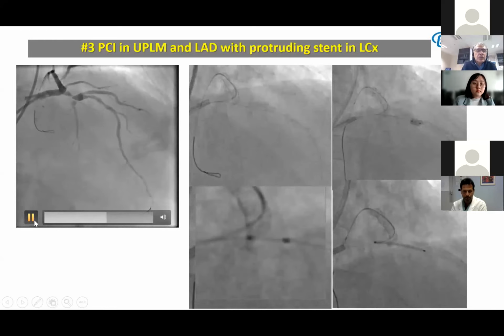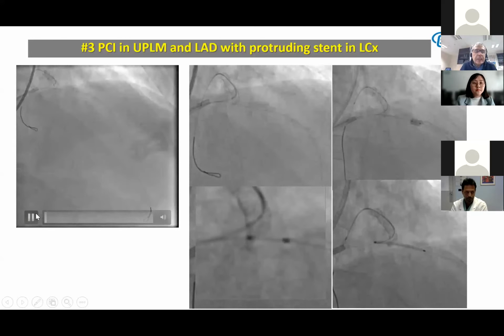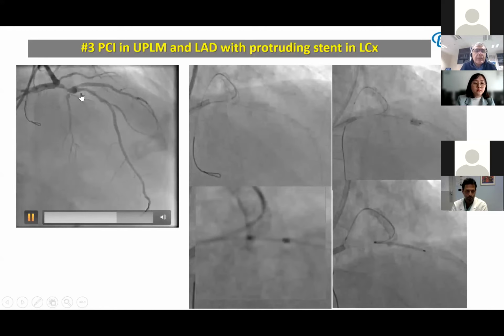You see this is a lesion of the LAD that I decide to complete, and you appreciate a big ectasia around the diagonal branch. This is after, and this is proximal, but you appreciate in this screen a protruding